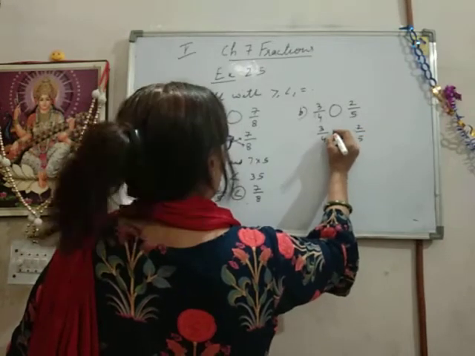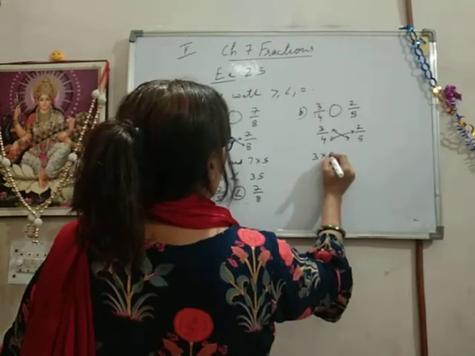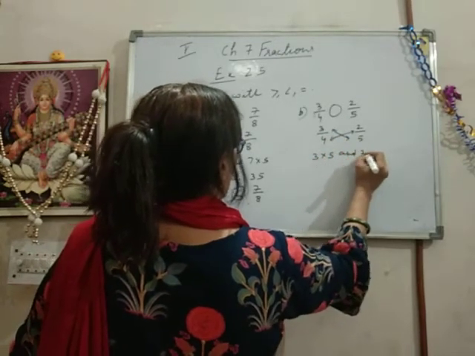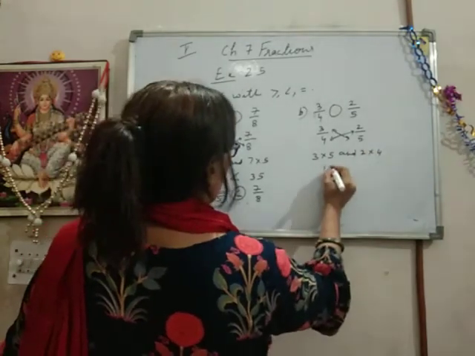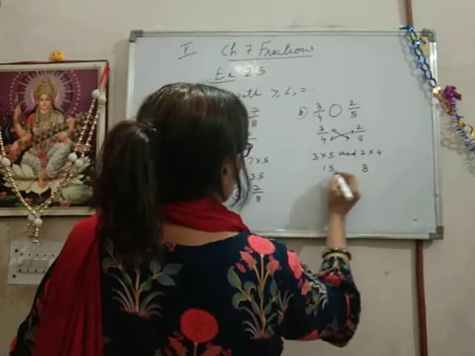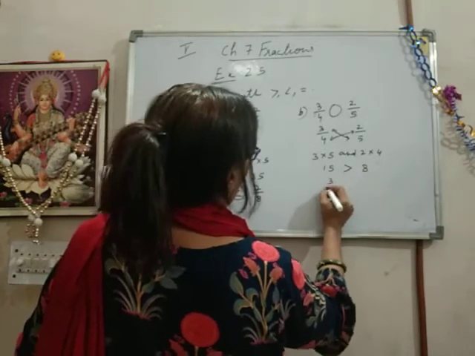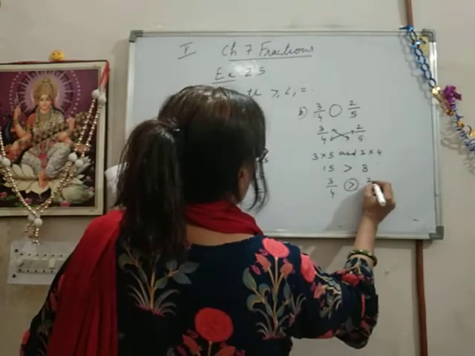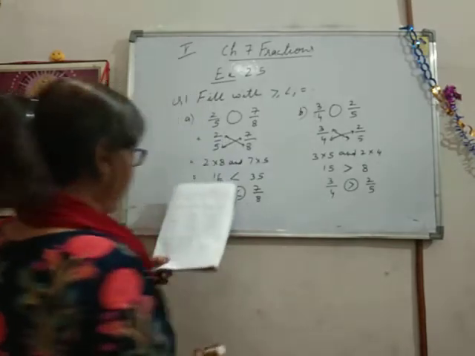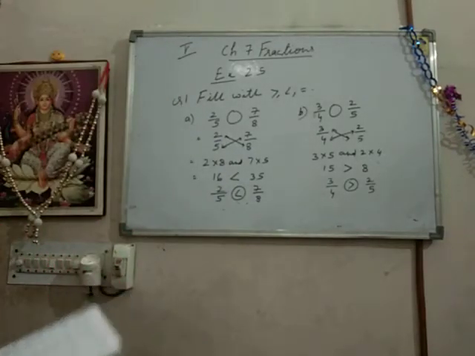Already I explained to you how we do the cross multiplication. All of you know, na? It is 3 multiplied by 5 and 2 multiplied by 4. Okay students, 3 5s are 15, 2 4s are 8. Which side is greater? This side is greater. Open it over this side. So we write down like this: 3 upon 4 is greater than 2 upon 5. Clear? Note it down. I wait.